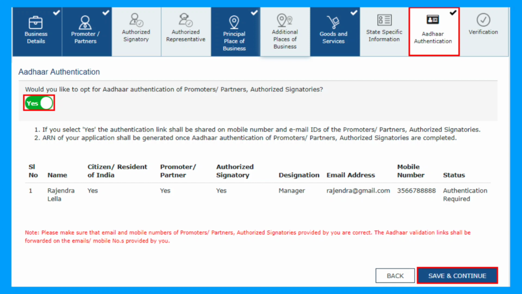The registration application submitted by you will not be marked for a mandatory site visit if you choose to authenticate the application using Aadhaar number of the proprietor, all partners, and all authorized signatories. Aadhaar authentication is not asked for non-resident persons, UN bodies, and TDS or TCS applicants. It must be verified within 15 days of TRN generation in Step 1 by following the directions that I will be giving you in Step 3.